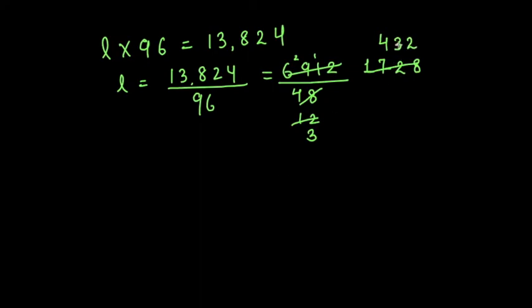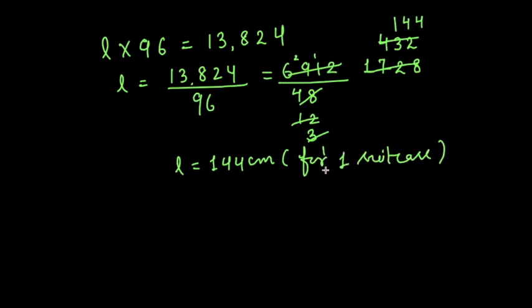Now you see the sum of the digits you are getting as 4 plus 3, 7 plus 2, 9. It means it is divisible by 3. 3 1s are 3, 3 4s are 12 and 3 4s are 12. And here it is 1. So how much am I getting? 144 centimeter. So this we have calculated for one suitcase, right? It means this will be the length required if you have to only pack one suitcase, but in the question it is required to calculate for 100 such suitcases.